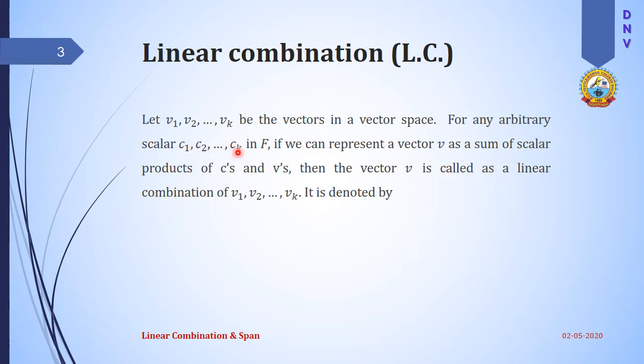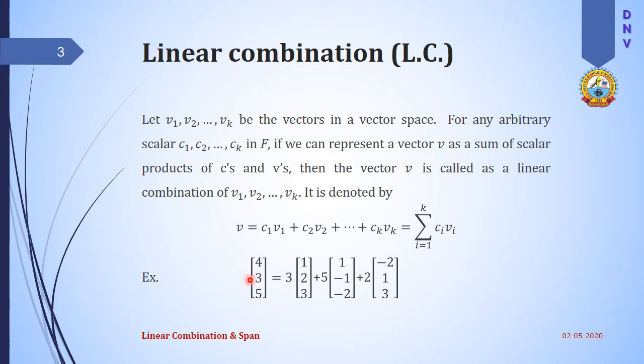So let us see how it is denoted symbolically. This is the symbolic representation of the linear combination of the vectors v1 to vk with the help of c1, c2, ..., ck, and this is the summation form of this linear combination. You might not find this notation easy to accommodate, but it will ease our discussions in the coming lectures. We can write this linear combination as the sum from i equal to 1 to k of ci vi, where i takes values from 1 to k, and this is the simple scalar product of v with c.